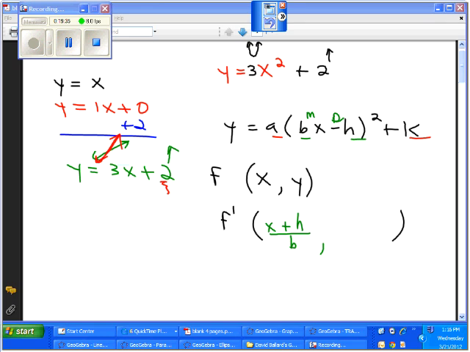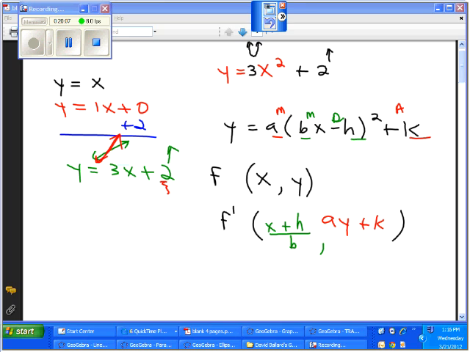Remember doing that? And then we said if you want to find out where y ends up, you take your y and then you're going to do the order of operations. Well, that means that we're actually going to do the multiplication and the addition. So my new y is a times my old y plus k. So the parent function point x, y would transform into the new point x plus h over b, comma, a y